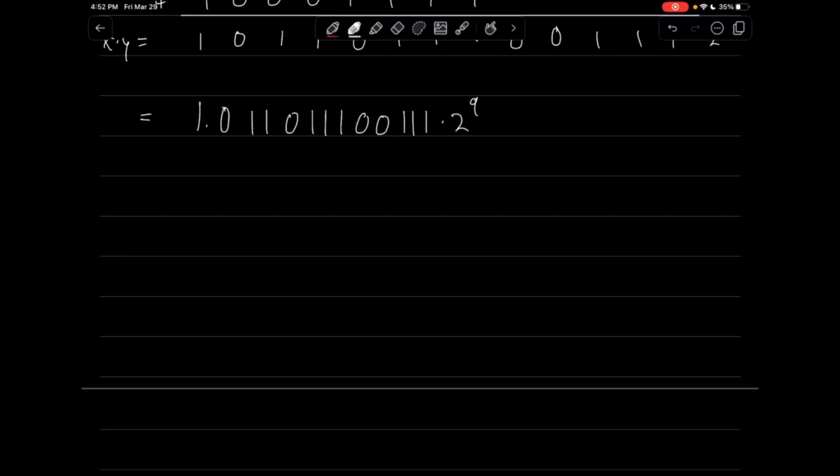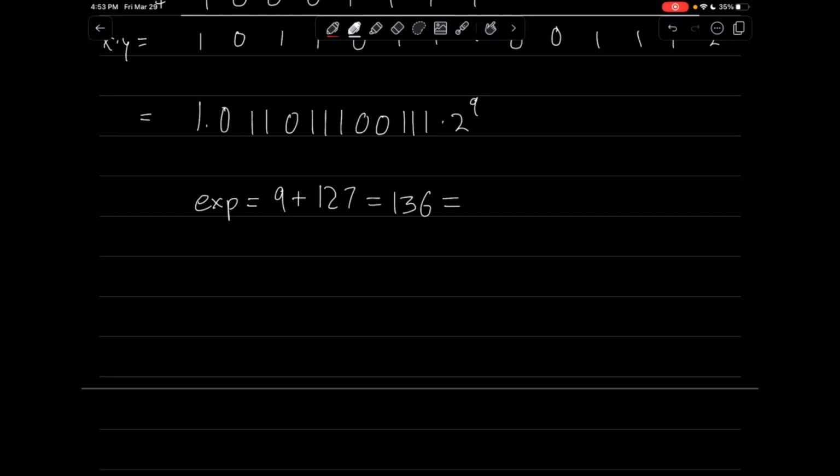We need to do the reverse of what we did before, right? So what am I going to do? I'm going to say our exponent is equal to the real exponent plus the bias. Remember how we subtracted the bias before? Now I want to add it back. What is that equal to? It's equal to 136. Now what is this